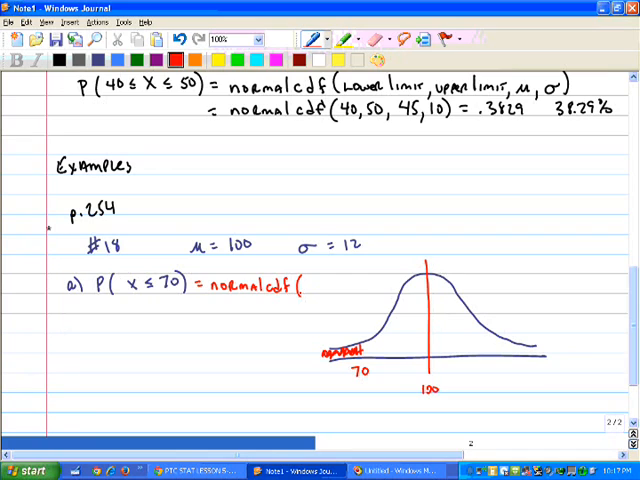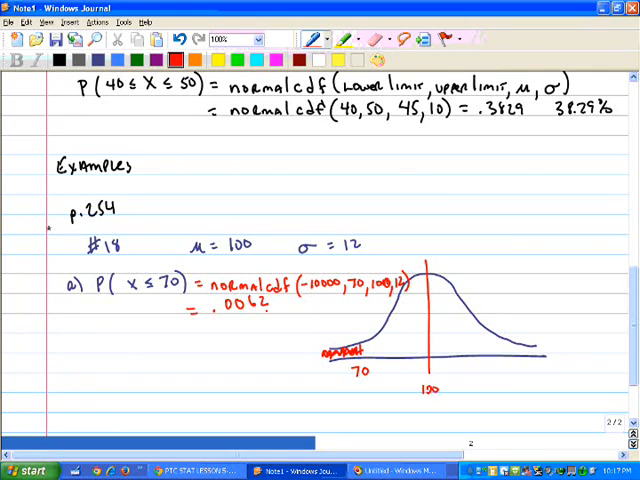Here again, our lower bound is to the far left of the curve. We can't put negative infinity in, so we're going to use negative 10,000. The upper bound in this part of the curve is 70. Our mean is 100, and our standard deviation is 12. When we enter that in the calculator, that will give us the probability that an electric bill is less than or equal to $70. We get